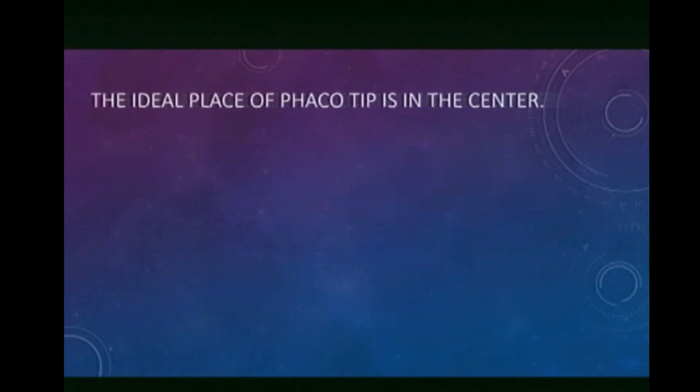The ideal place of the phaco tip is in the center. This is the ideal place for the phaco tip. The phaco tip should not go forward, backward, or to the side as much as you can. Keep the phaco tip in the center and control the contents of the nucleus inside the eye by two things. Number one, by the fluid,